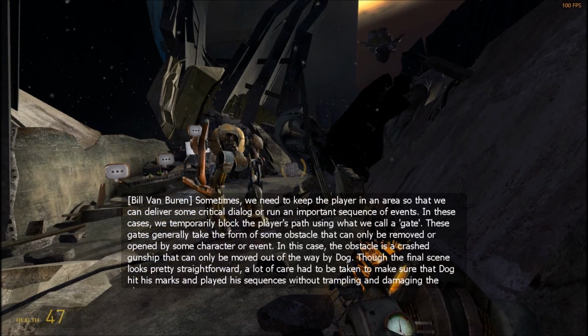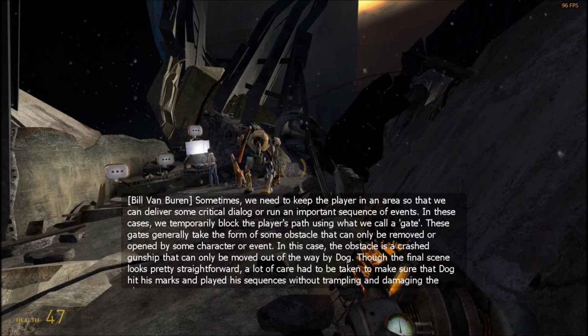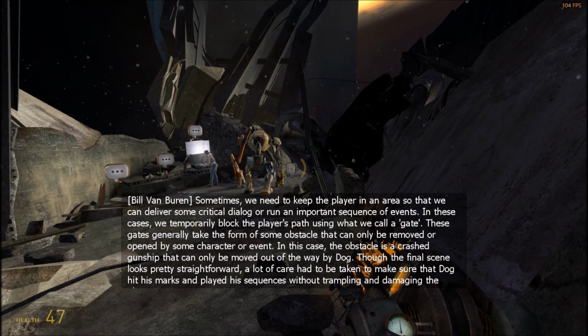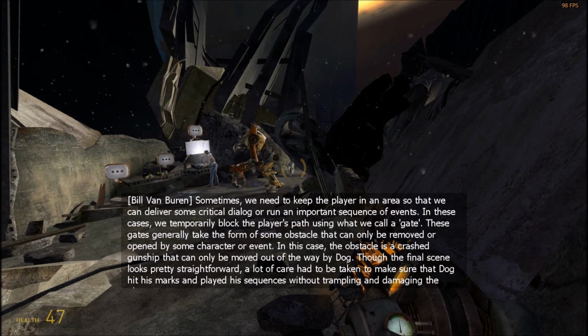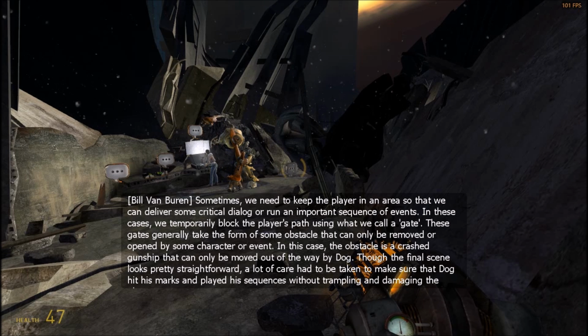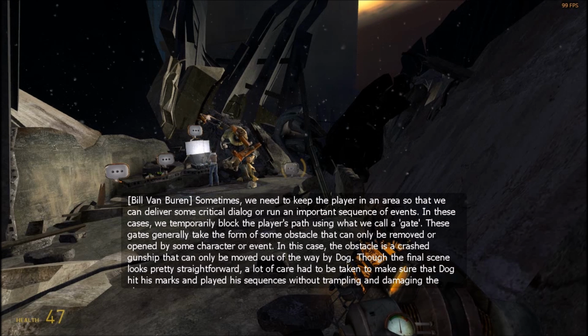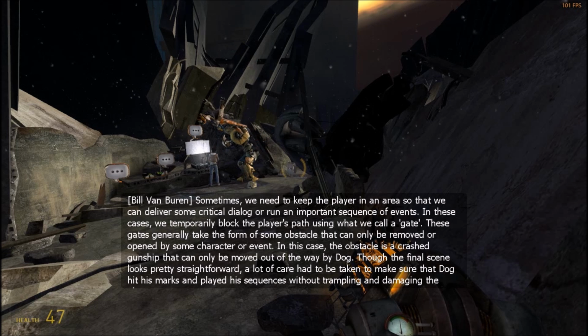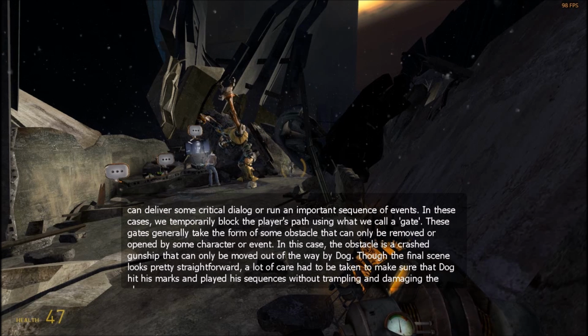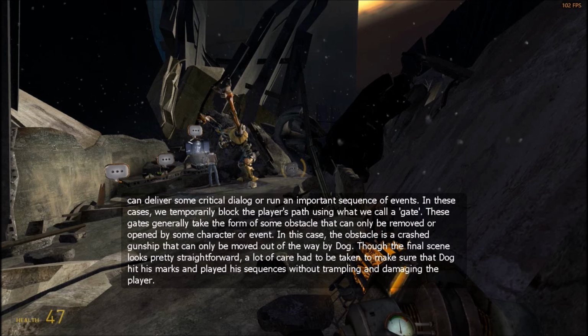Sometimes we need to keep the player in an area so that we can deliver some critical dialogue or run an important sequence of events. In these cases, we temporarily block the player's path using what we call a gate. These gates generally take the form of some obstacle that can only be removed or opened by some character or event. In this case, the obstacle is a crashed gunship that can only be moved out of the way by